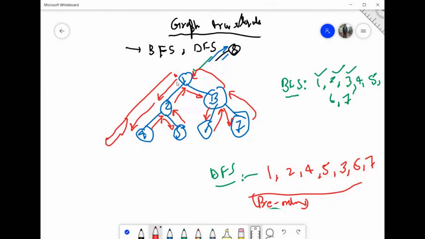Pre-order ही तो क्या है, पहली बार एलिमेंट दिखा, we have printed. Remember pre-order, in-order, post-order. Pre-order में क्या होता था, पहली बार एलिमेंट दिखा, you have to print it. 1, 2, 4, then 5, then 3, 6, 7. Right? So in a binary tree or a ternary tree or quaternary tree like this, DFS is nothing but directly a pre-order traversal. Okay, so ये helpful रहता है if in competitive exams you are getting trees like this. You don't have to see what are the adjacent nodes and all those things. You can directly apply level order for BFS and pre-order for DFS.